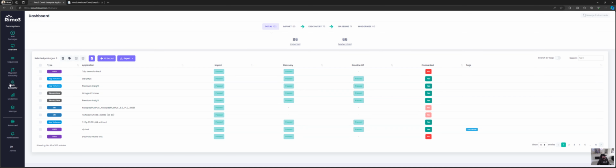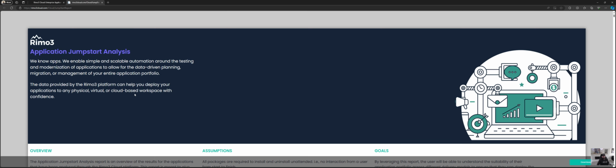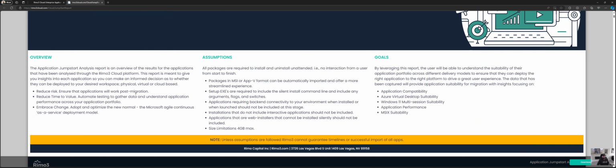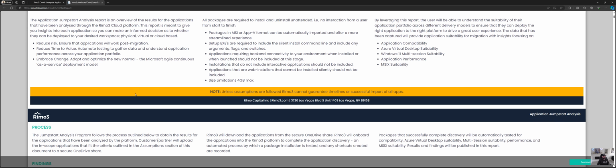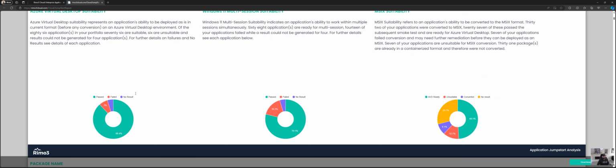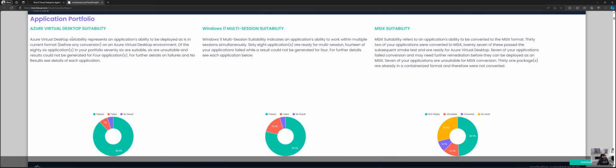And let's say an AVD scenario. You onboard the applications, and from here you would go through that automated testing against AVD, so you can provide single session, multi-session reports and an MSIX report if you wanted to. You've got it as a CSV file, but also this jumpstart report, which is a predefined out of the box report for AVD suitability. So you've got that end-to-end view of